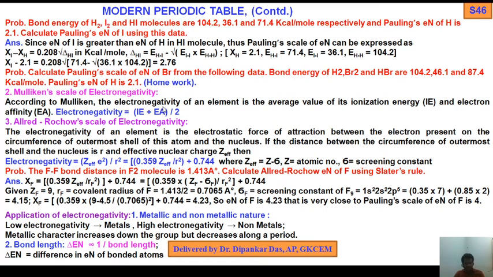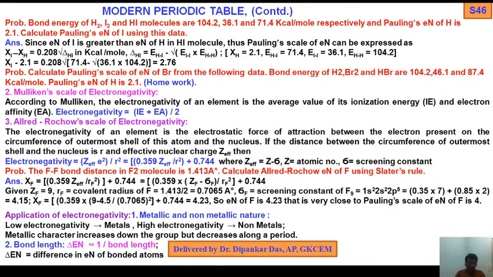This is simple. Third scale, the Allred-Rochow scale of electronegativity. This is also very important. The electronegativity of an element is the electrostatic force of attraction between the electron present on the circumference of the outermost shell of the atom and the nucleus. If the distance between the outermost shell and the nucleus is r and the effective nuclear charge is Z effective, then electronegativity can be expressed as Z effective times e squared by r squared,